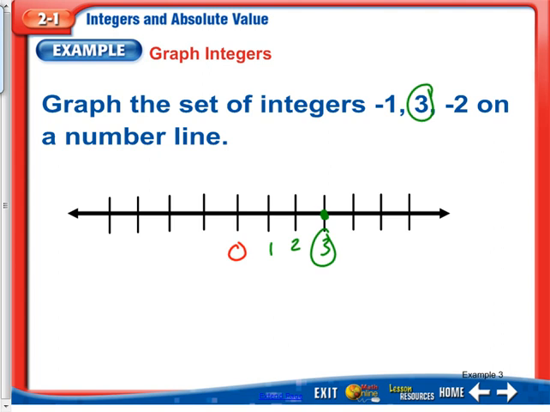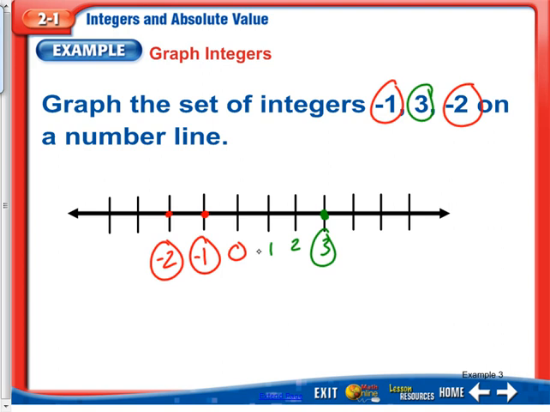And I'm going to use red to do my negative. So let's do -1 and -2. So now, since they're right next to 0, this first one is -1, the next one is -2. Okay, so I'm going to plot my points. There's -1, there's -2. Okay, you can circle those two if you want, and there we graphed our set of